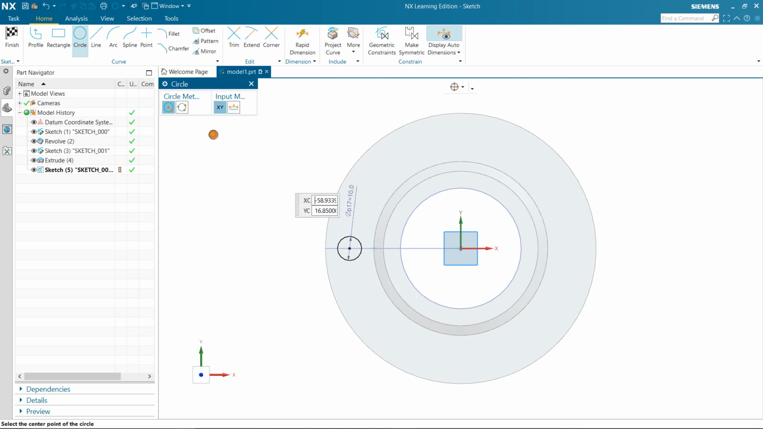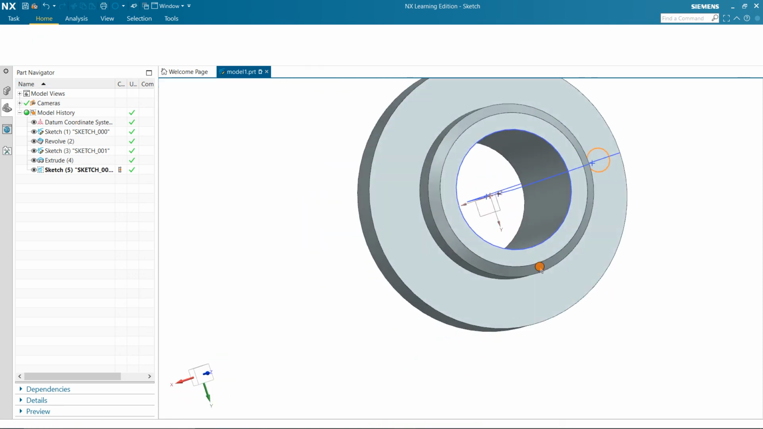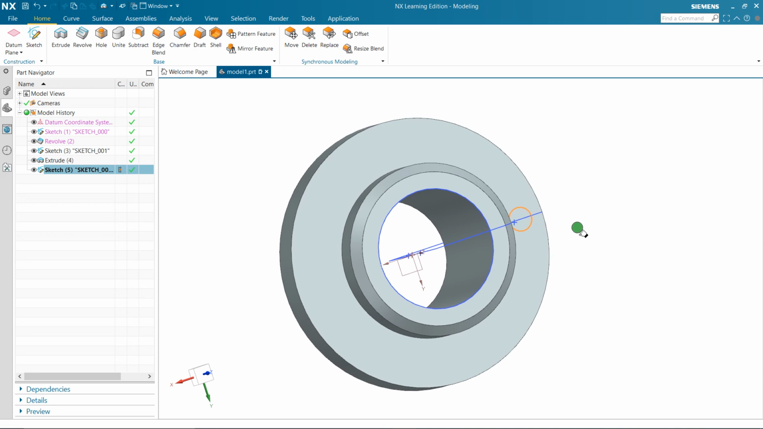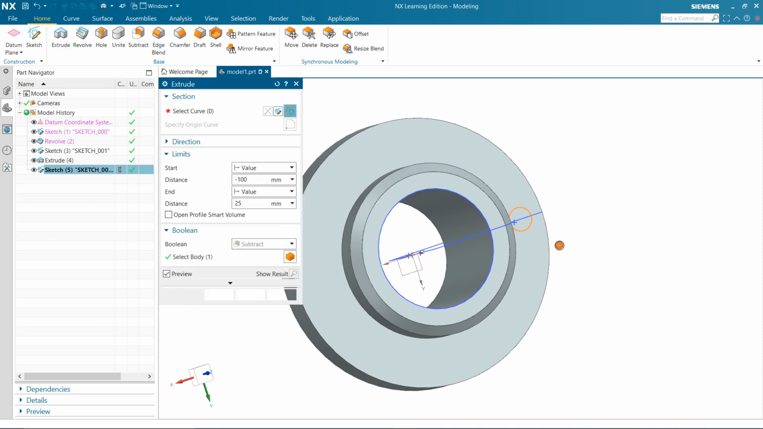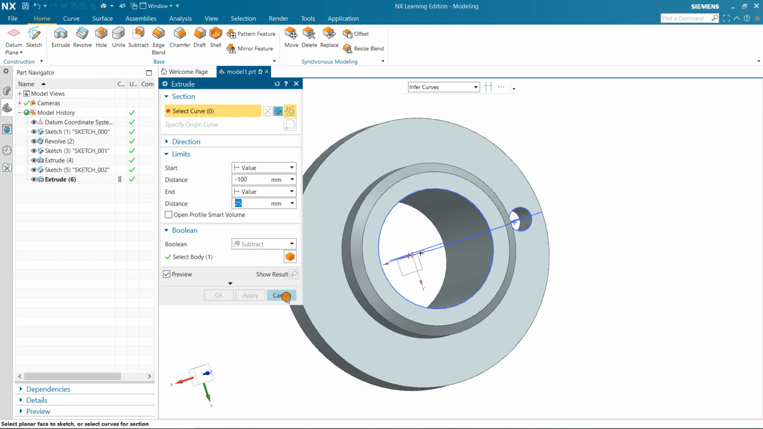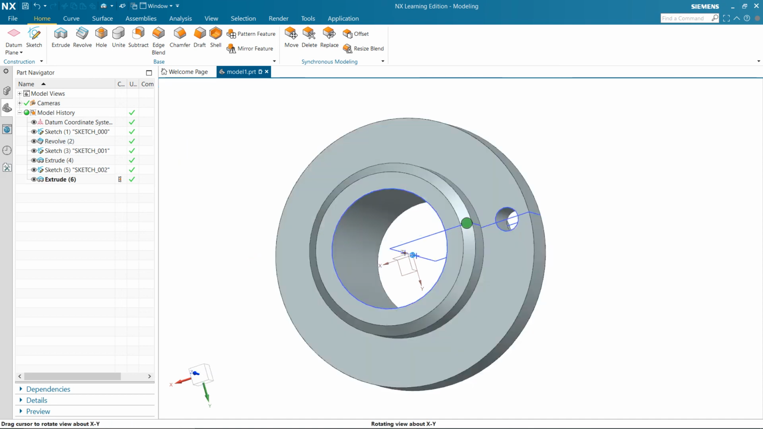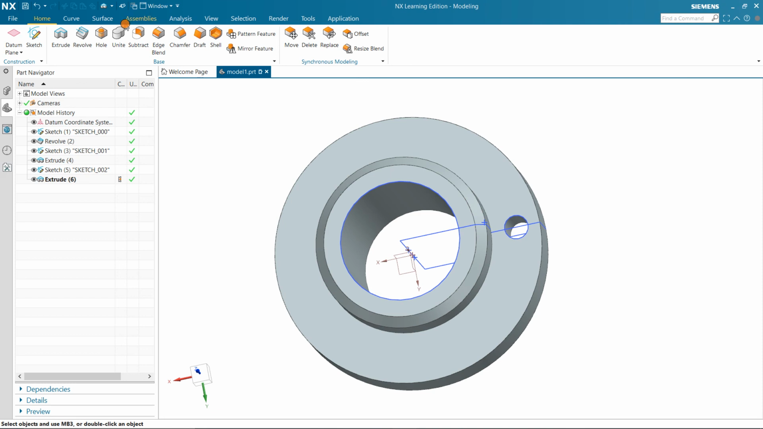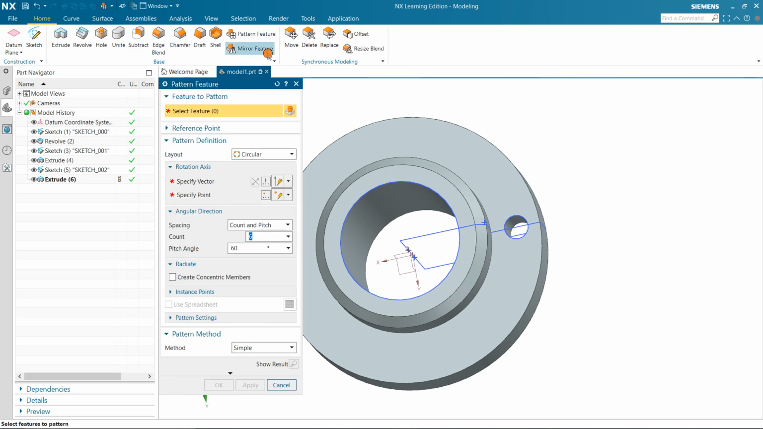and click cancel. Now we have to pattern that hole, and I am patterning it using the pattern feature. Go to pattern feature and select the feature. The feature is the extrude 6. You can select from the figure, and if it's difficult for you to select from the figure, you can go to the tree and simply click on extrude 6. Now specify the vector. So with what vector I have to rotate, as I want to get this circle